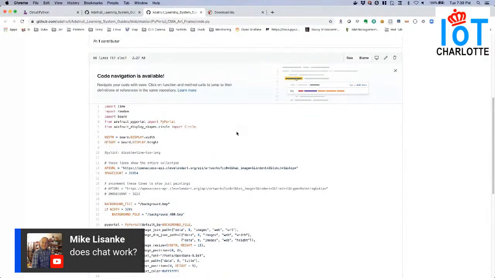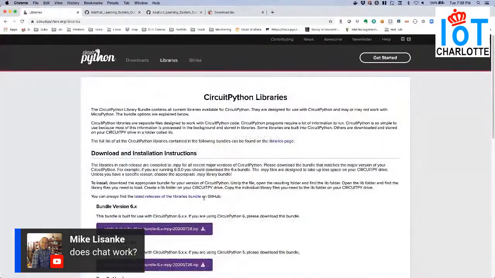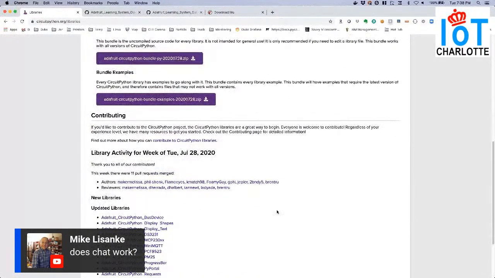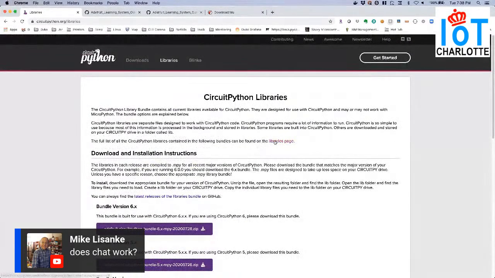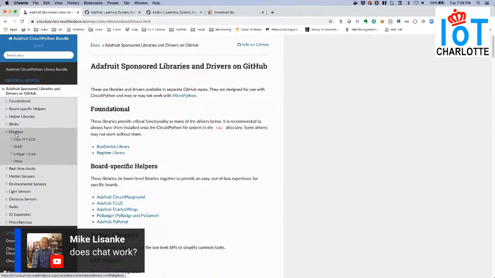So there's a ton of libraries for CircuitPython. You can pretty much guarantee that anything Adafruit sells, there's going to be a library for it. And most of your displays too.